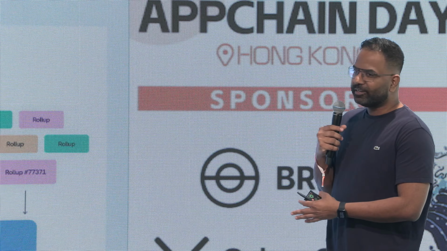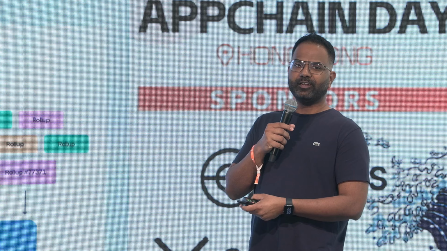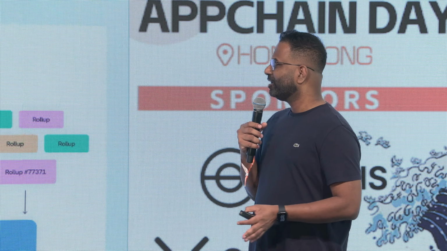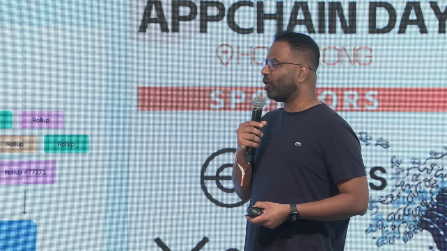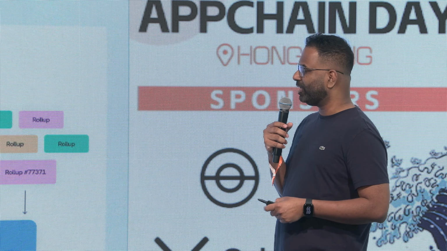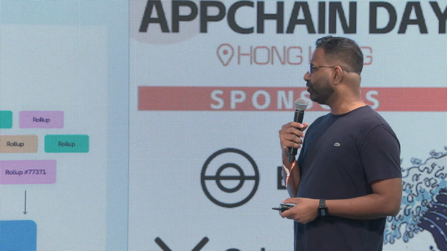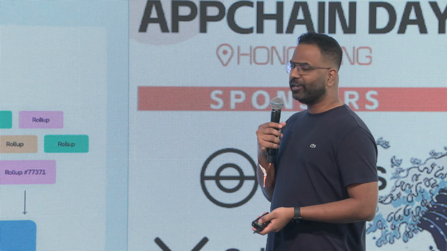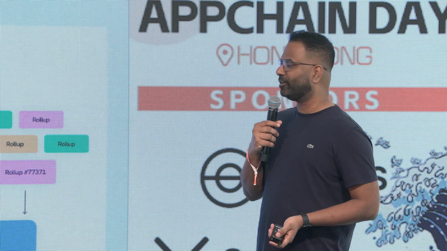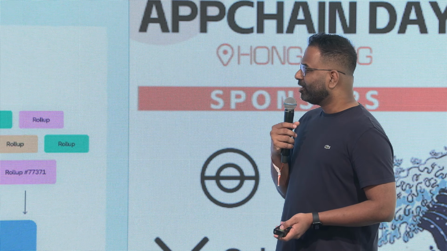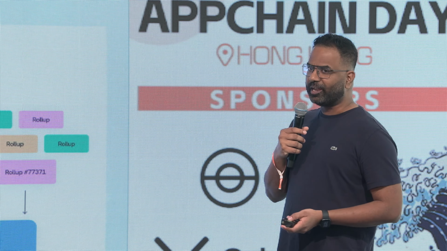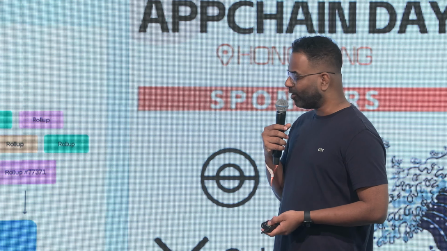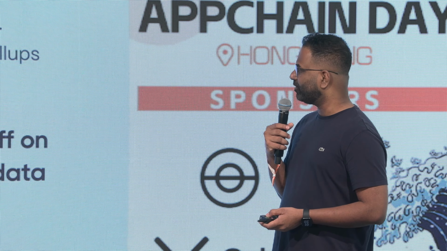You can see that the primary function of Avail DA is to scale rollups, and it provides abundant blob space via data availability sampling, and this is coming in a few weeks. On launch day we have a very great lineup of rollups that are going to be live on Avail.